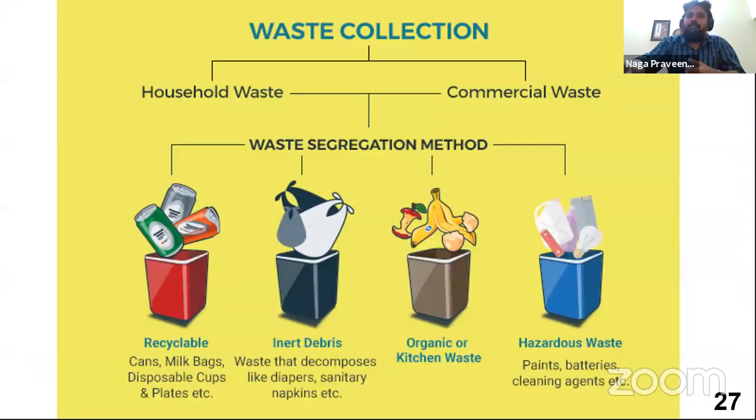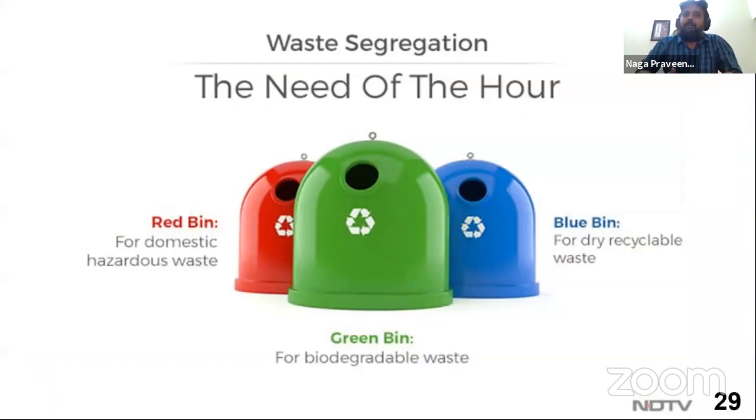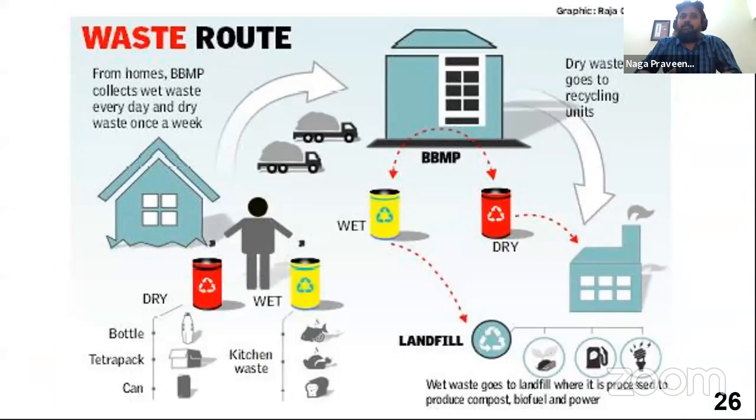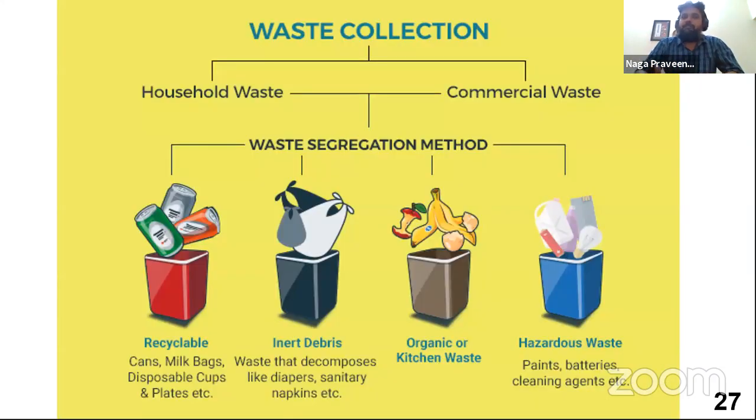All of us have these buckets, the blue buckets and the green buckets, which we really don't use. But what happens if the city starts adopting these green techniques? Separate your waste: dry waste, in terms of your bottles, Tetra packs, or your metal, and your wet waste. Wet waste is something which comes out of your kitchen. Usually, if you start inculcating these methods in your youngsters or your children at home, it would definitely make a huge impact on city living.